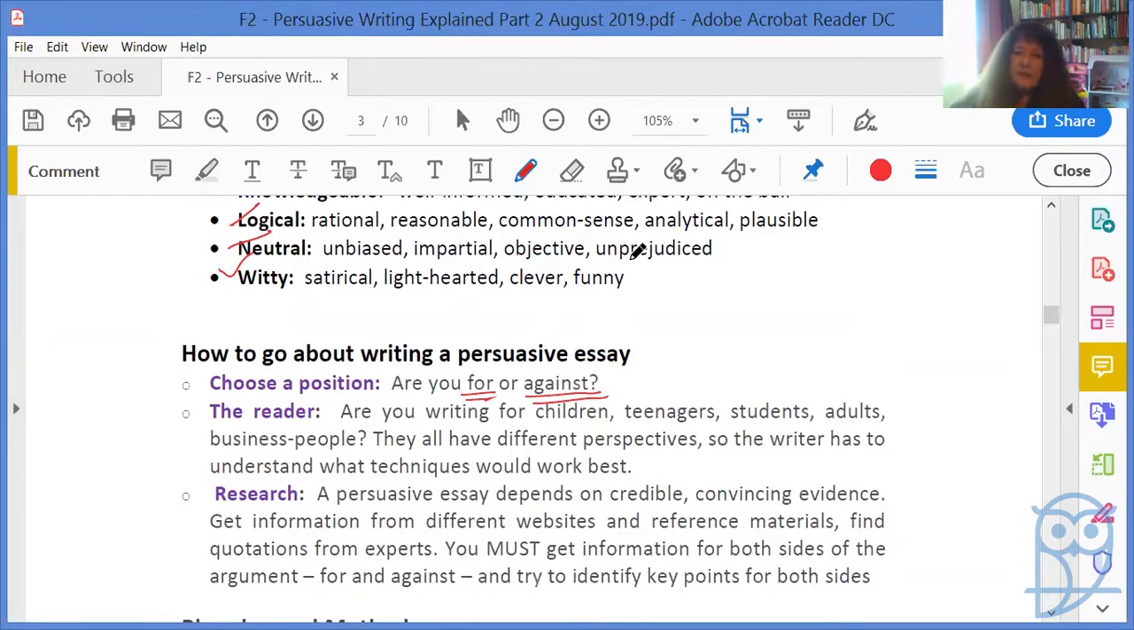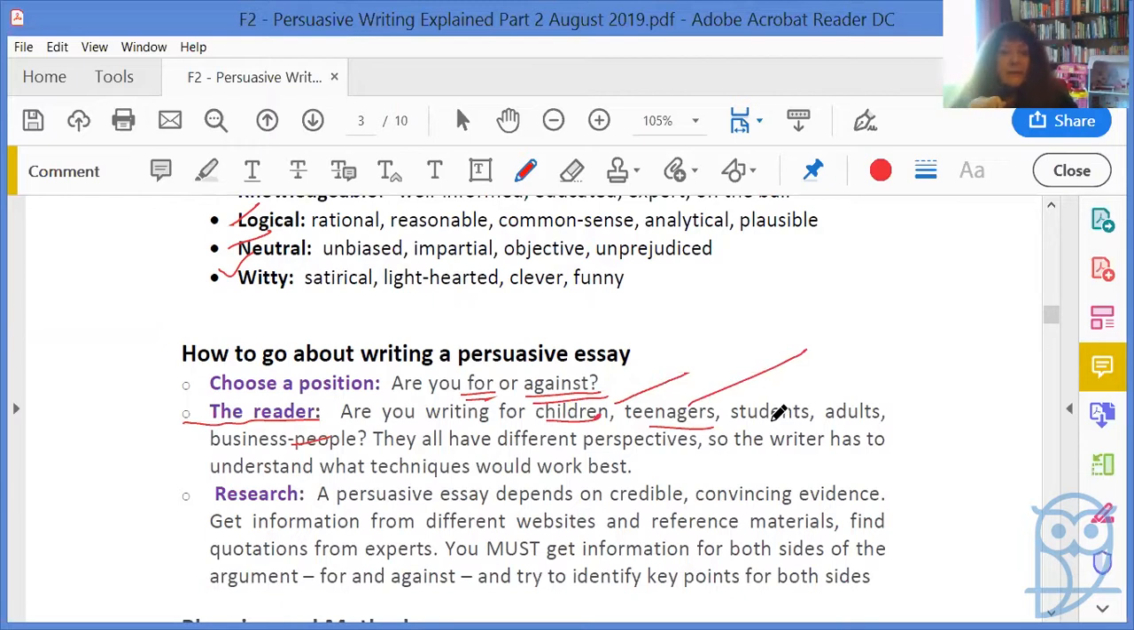Remember, we were saying, what tone are you going to write? It all depends on who the reader is going to be. Are you writing for children, teenagers, business people? If it's for children, maybe you need a lot of images. If it's for teenagers, maybe subtitles are good, because then they can see at a glance which part they want